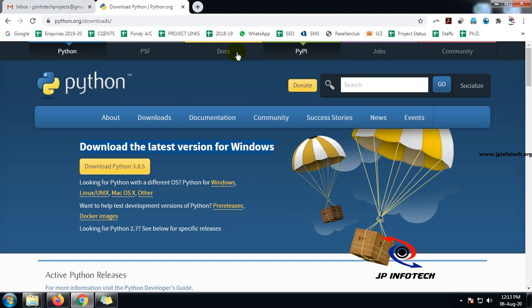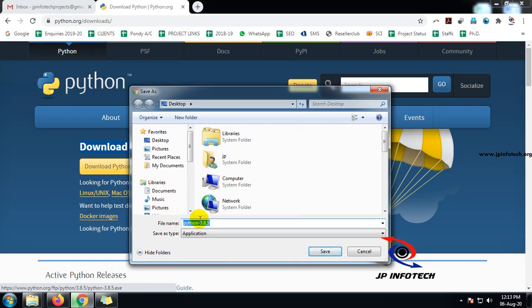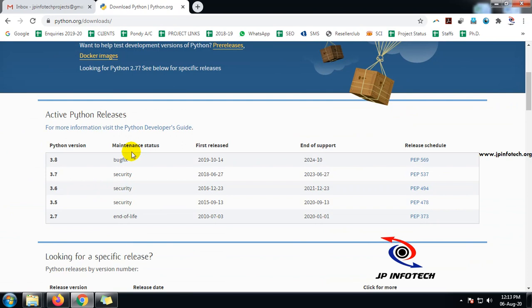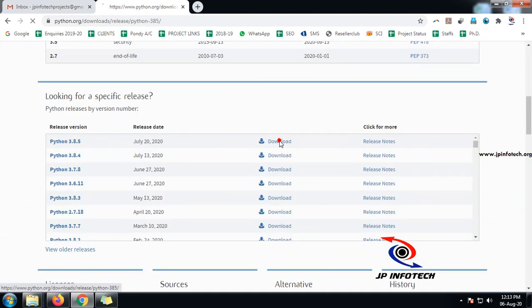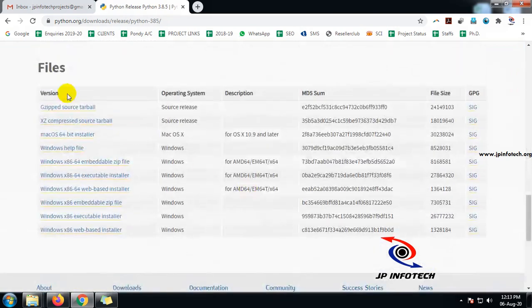So right now we can download the latest version 3.8.5. If you click this option directly, you can download it from here, or if you click this download option here, you can see the file details of separate